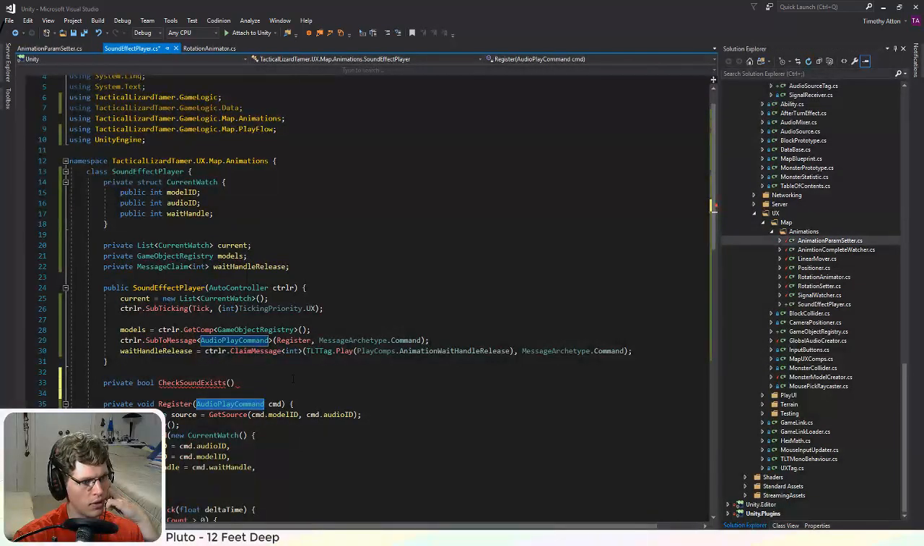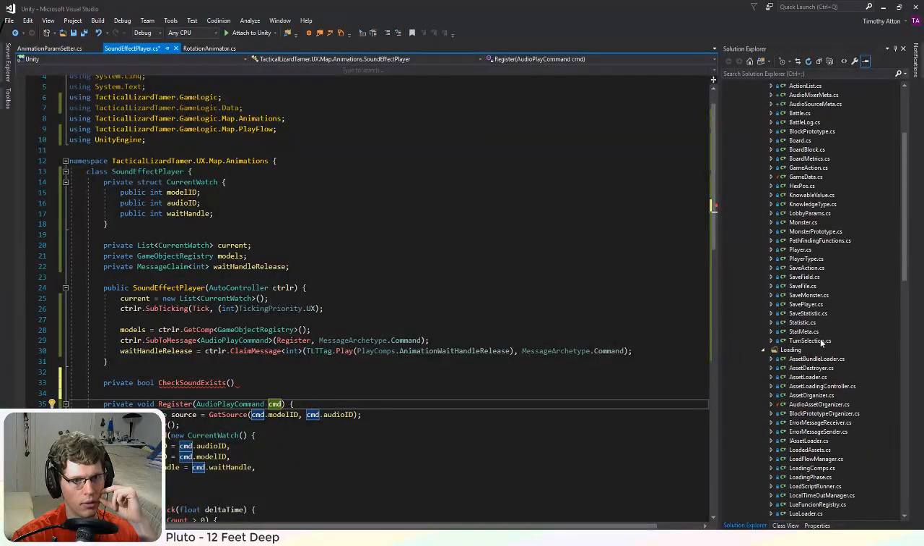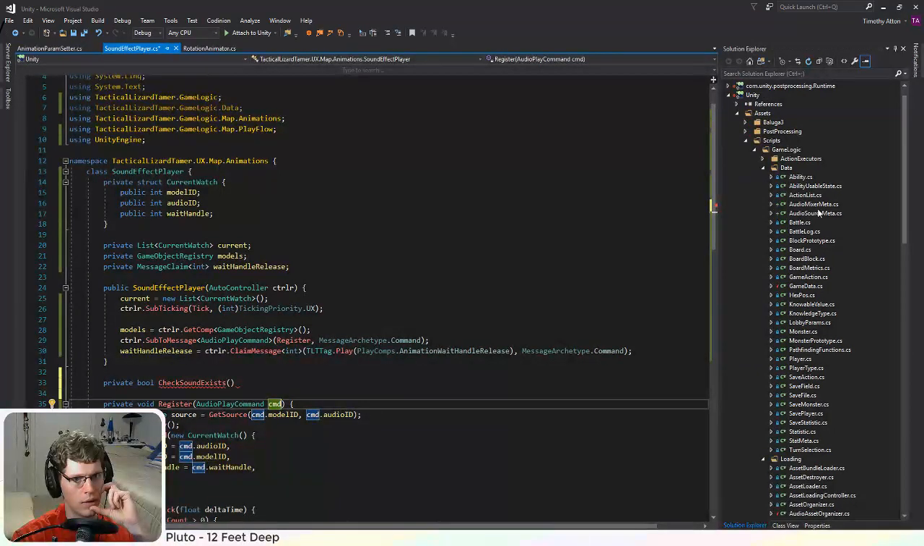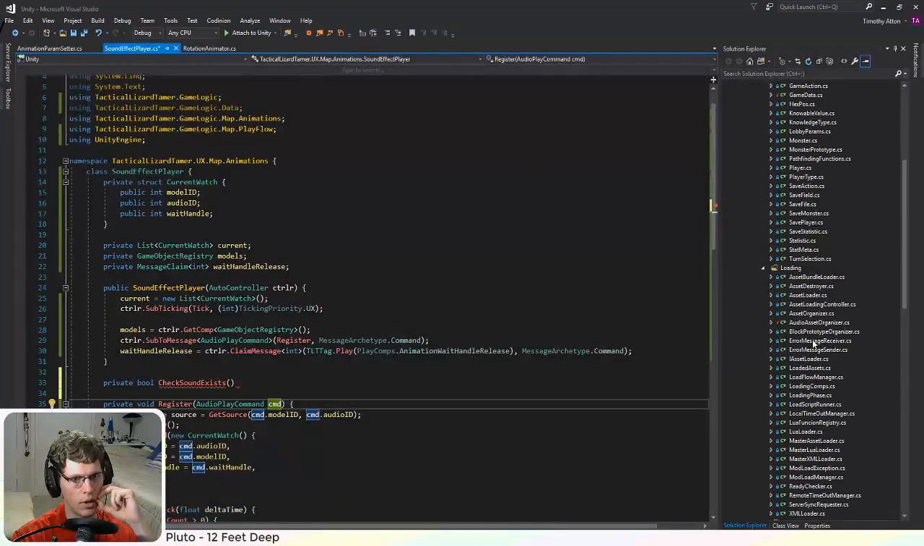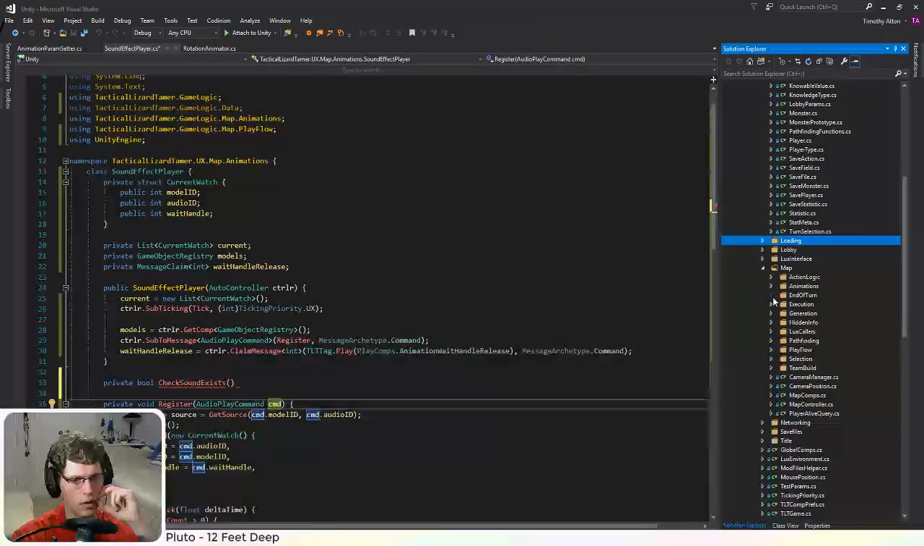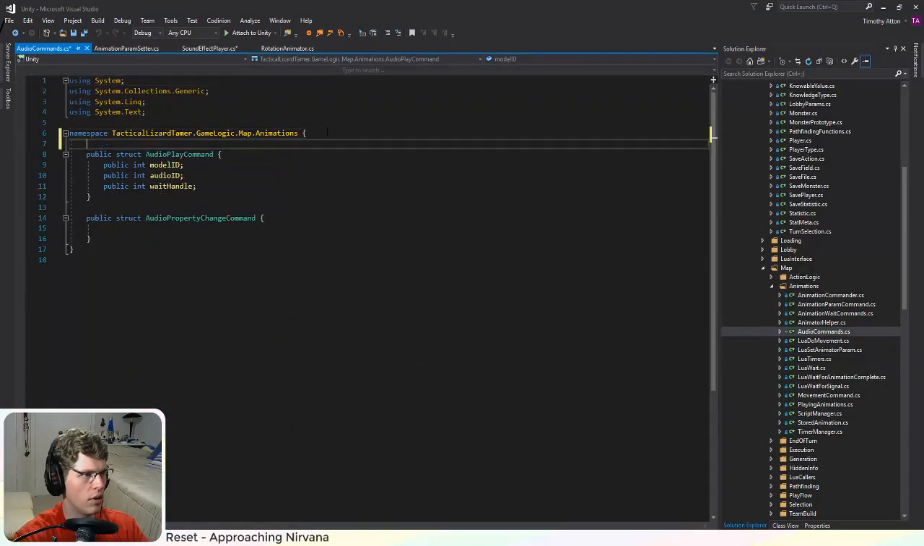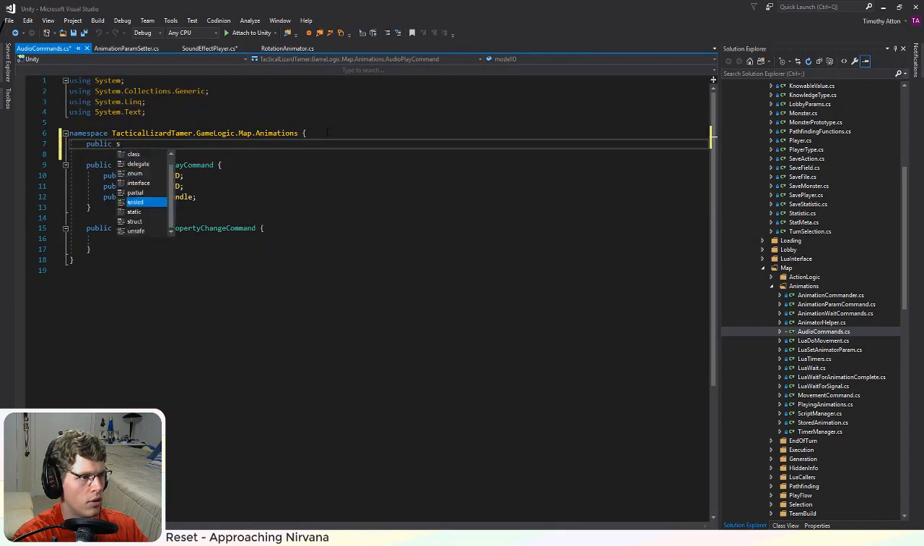unless I want to combine all that stuff together. But I don't really want to do that because the set volume and everything doesn't use a wait handle. Okay, so I guess I'm going to have to separate it out. Not that big of a deal, but just need to have one other file. We can close that, I think. So the audio commands, we have this here, and I'll just make another one. Public struct audio exists